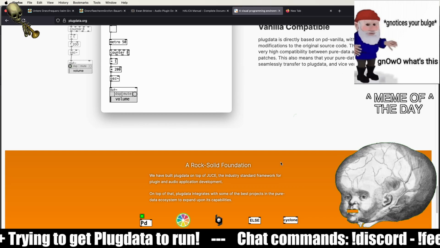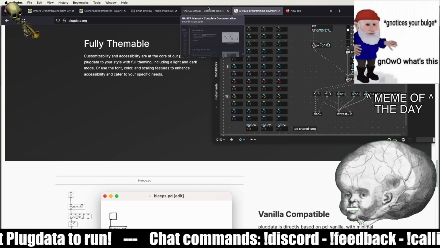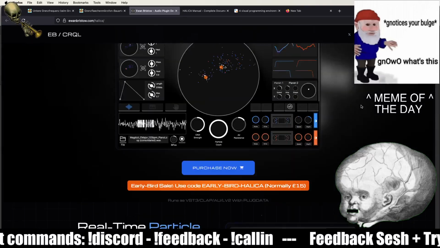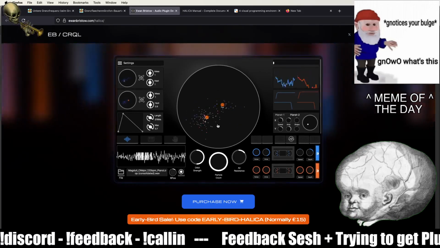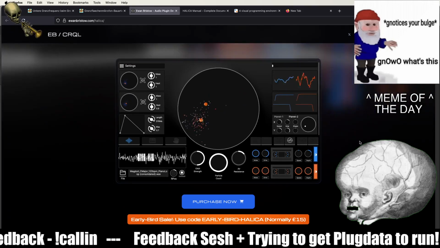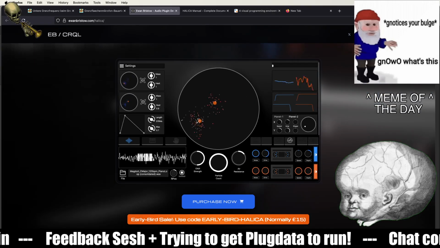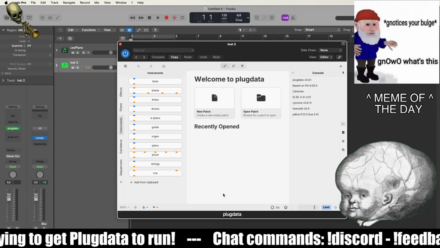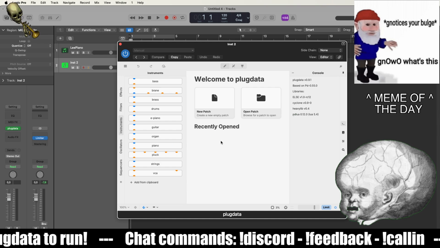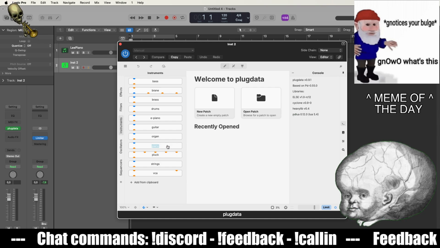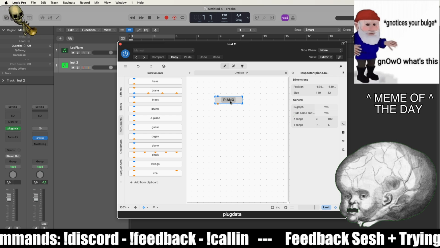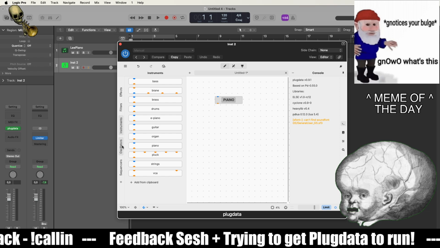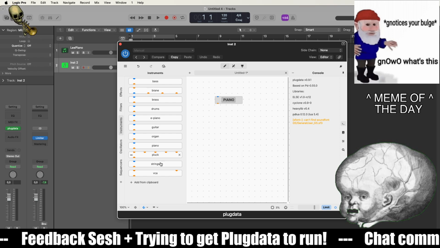The reason that I wanted to check this out was this plugin, Helica, which seems to be some sort of, I don't know how exactly you can describe it. It does some particle gravity type stuff. So what happens if I just make a new patch and get a piano? So if I play, nothing is probably happening. Oscillator sequences,